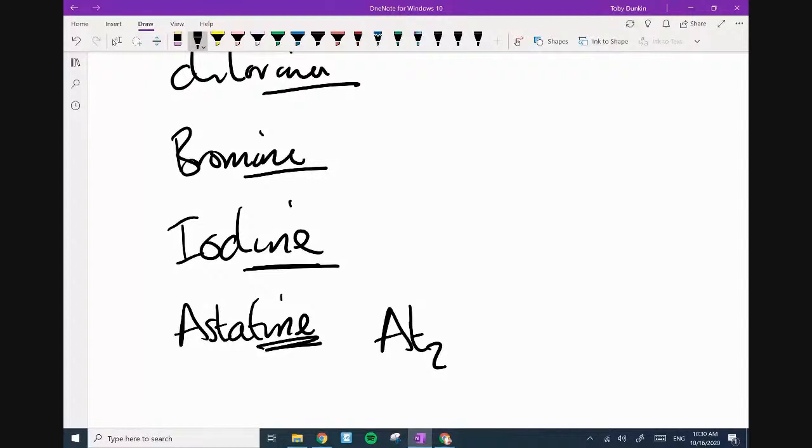She is the least abundant element on the entire planet. There are 2 grams of astatine on the entire planet, and it's constantly being made and destroyed in the planet's core. This is because it's radioactive, so we never talk about astatine, so we can just ignore her. Never mention her in an exam, unless they mention her. Okay,